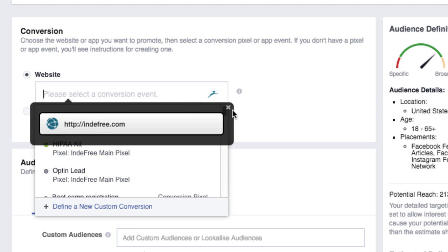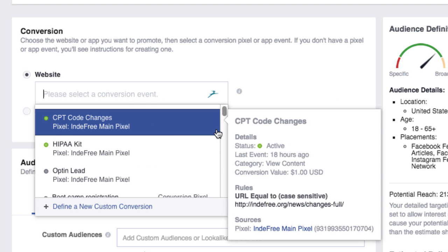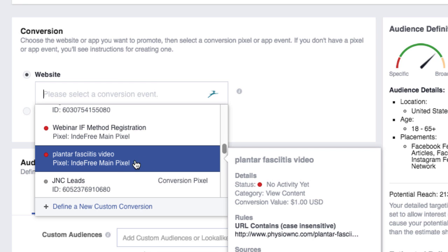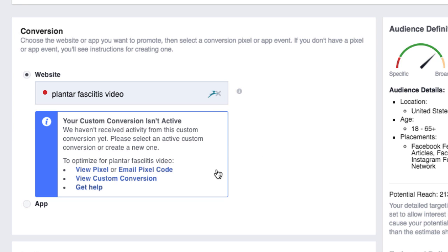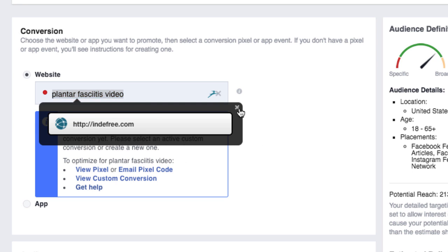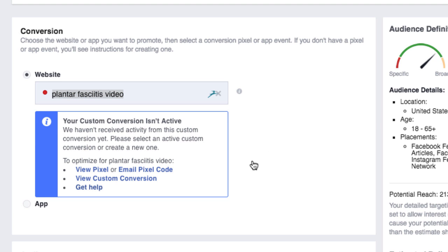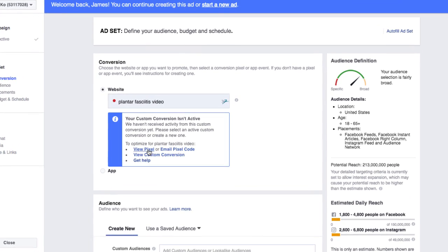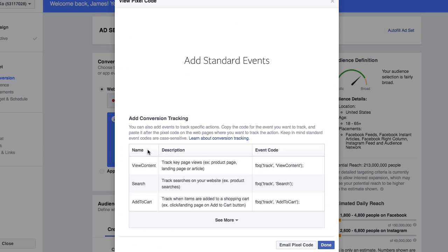and then you want to find that pixel, which is right here. So the one we just created, and it's in red, and that's fine because there's no one who's actually been through it or active through it yet. But after one person, then it'll turn green. Next, you're going to grab the pixel code. So what you can do is view the pixel here,